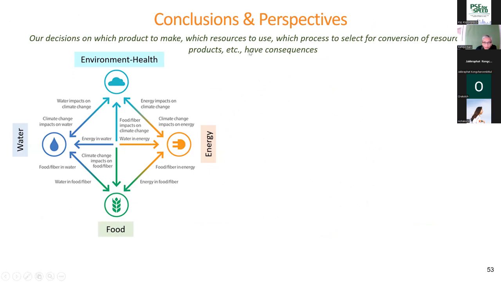Whatever products we make, we also need energy. And if we need energy and if we use fossil fuel, then we are going to release CO2. We also need water, and fresh water also is a problem. Whatever we do here and here, we affect the environment and our health. And we also have to worry about our food resources. And they are all interconnected,